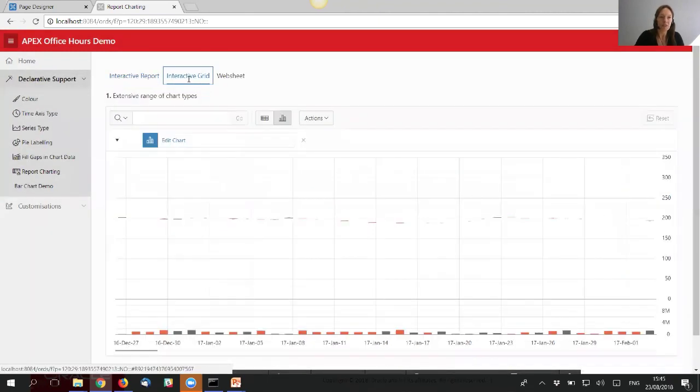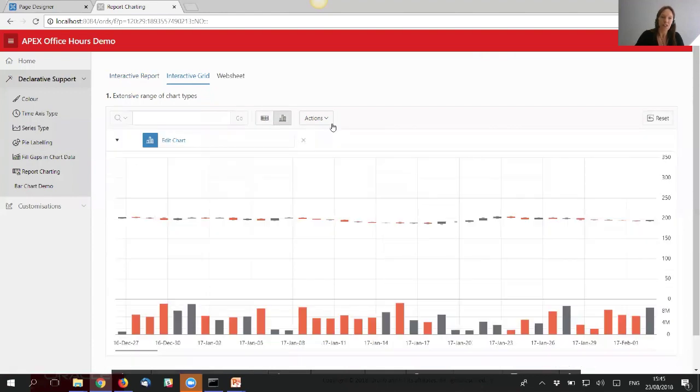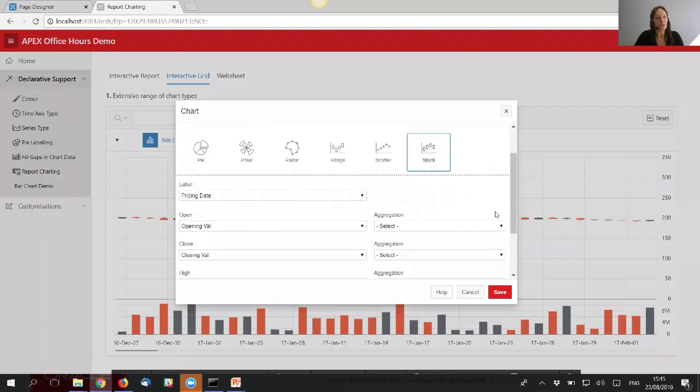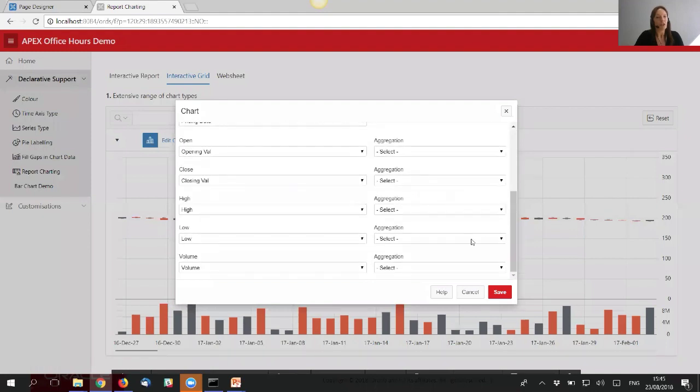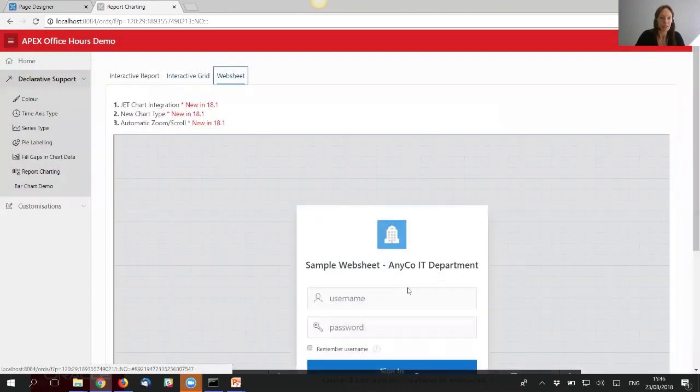Similarly with the interactive grid, and here is the grid view, you do also have the same ability via the actions menu to define a chart. With this new marquee feature introduced in 5.1, we did expose a number of additional chart types. And again, a few additional attributes there. Currently, we do not have any plans to extend this to offer anywhere near the number of attributes that you would see available for a report region or for a chart region. So what we would say is, if you need more granular control over the charts that are rendered, define a chart region. And then similarly with WebSheet,